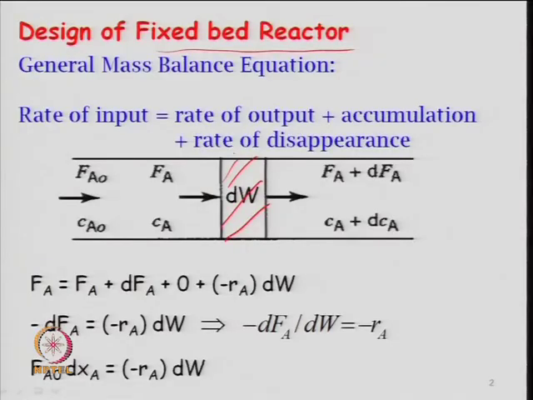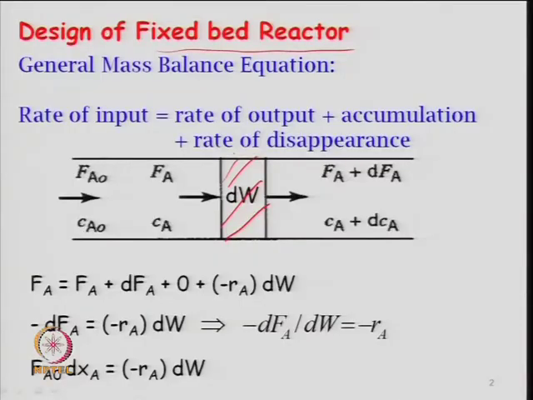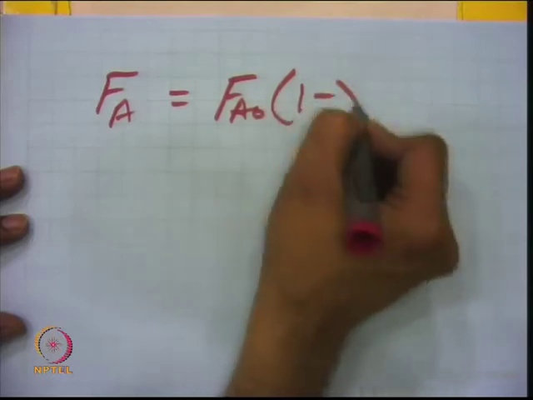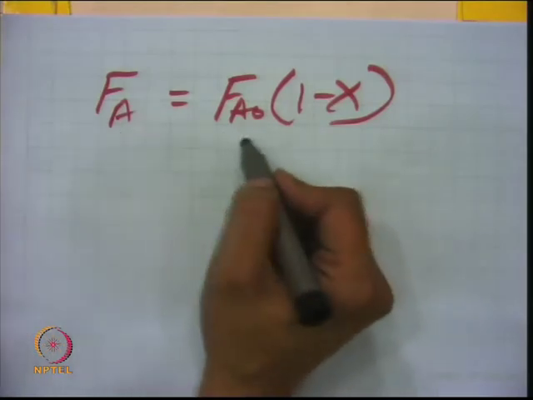So, for any differential system, if you write here this differential section of the catalyst bed, because why we are taking a differential section, the concentration is changing down the length. Most of the time when you do the experiment in lab, you try to take a small diameter tube and a small mass of the catalyst. In such a way, when you do the kinetics, the conversion should be less than 10% or 15%. The reason is that otherwise the concentration will change, because if you write the molar flow rate F A, that is F A naught into 1 minus x. And suppose your conversion is 90%, then that means F A is just 0.1 of F A naught.